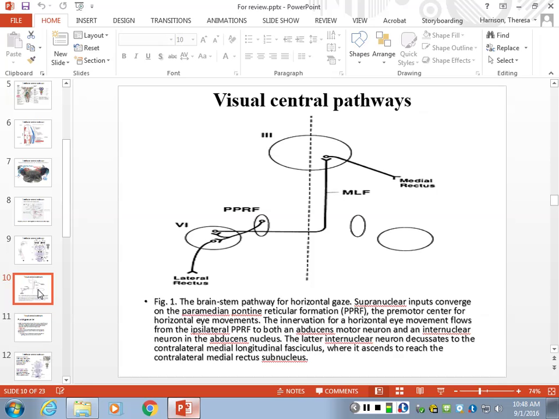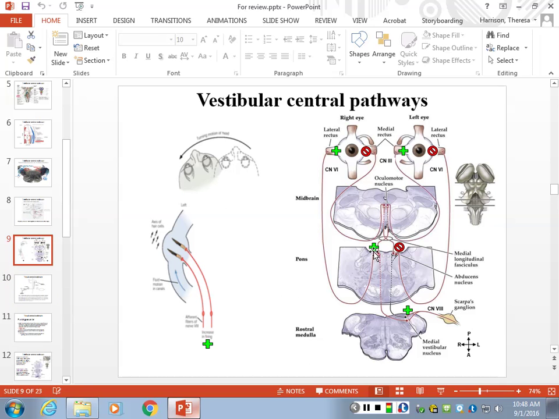And if you pay attention to these two, they're almost the same pathways, except that this one starts in a different place. This one starts in the paramedian pontine reticular formation, okay? But from there, it goes into the abducens and into the muscles. So you can put the two together, okay? What I'm trying to say, again, I'm going to be Captain Obvious in here. Put things together. Don't study all the cranial nerves and all the nuclei, and then try to study the vestibular system or the visual system. Get them together, because